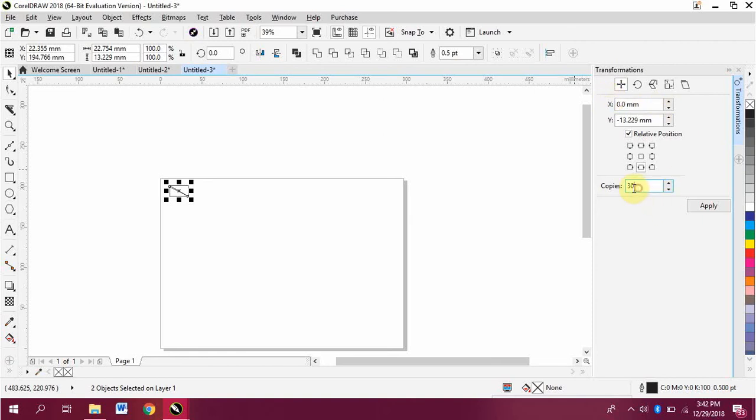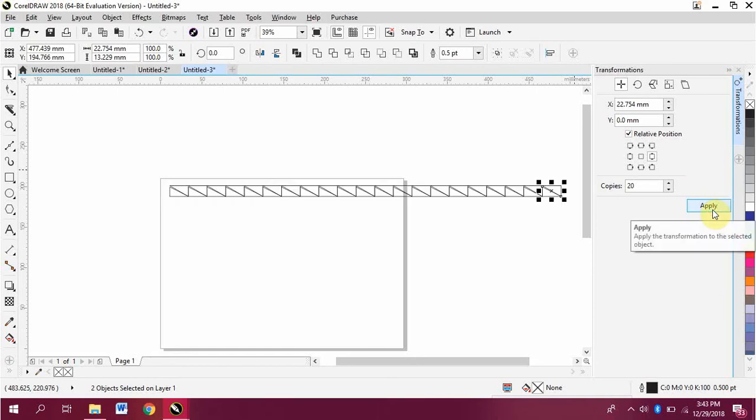In the Copies field, type 20, then choose the middle right. Then, don't forget to click Apply, to make it multiply horizontally.